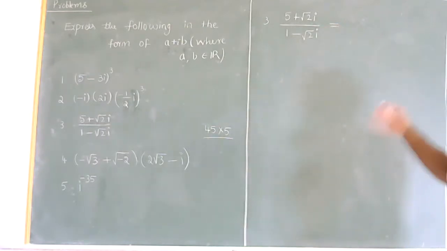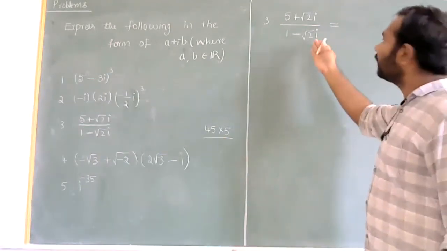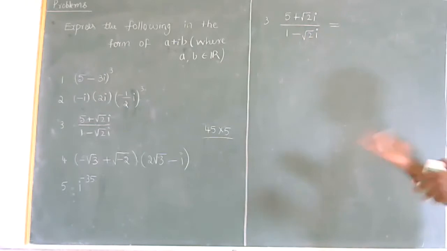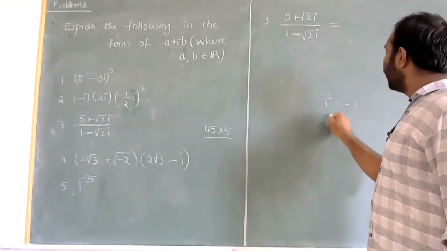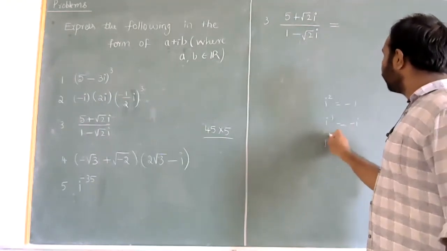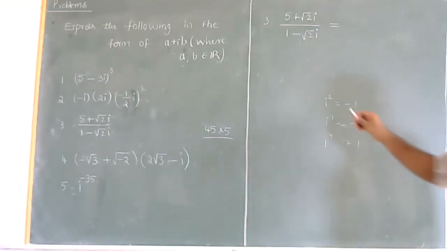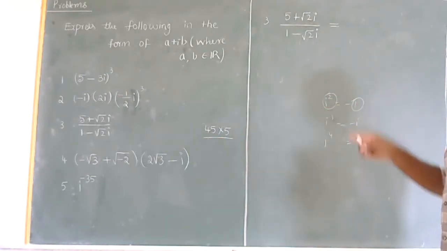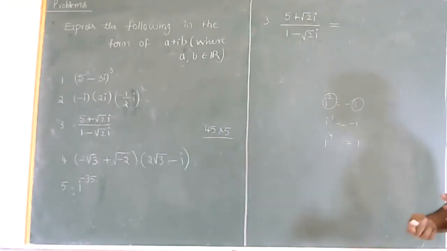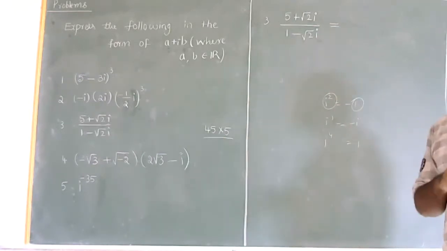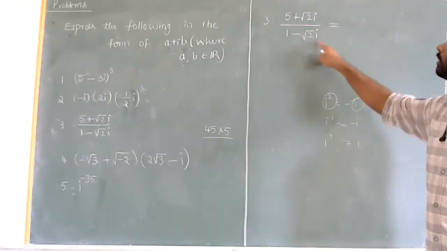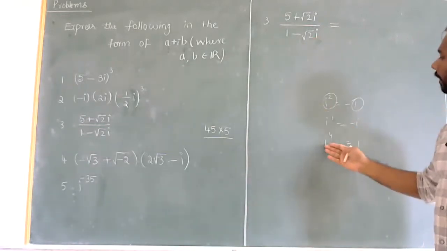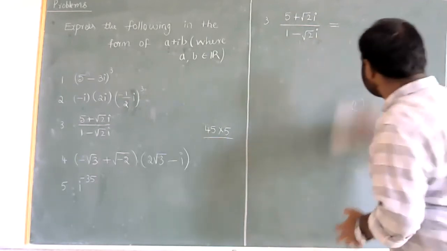Now think about powers of i. If you add and subtract, then also we will be left with i. So think of multiplying. You know i square is minus 1, i cube is minus i, i power 4 is plus 1. So if you have i square, then you will get minus 1 or plus 1, real numbers, so that i will be eliminated. So somehow you have to multiply by a term so that you get i square or i power 4, anything. Right? So what should we do?